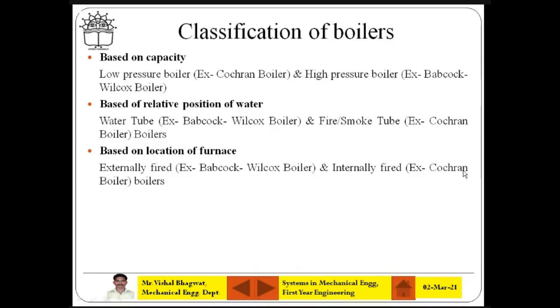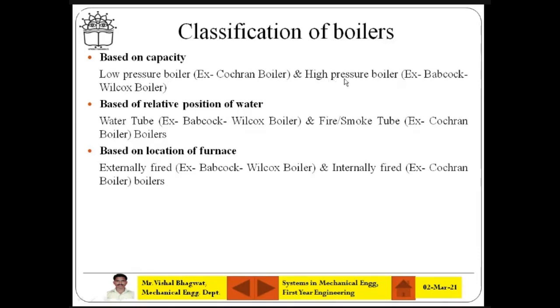Now, Cochrane boiler, you have seen, maybe we'll see in the practicals, it is a vertical boiler. It is actually a fire tube boiler. Combustion chamber is internally kept, and hot flue gases are passing from the tank. And what is in the tank? Actual tubes. So from the tubes, hot flue gases are passing, and around the tubes there is a water. So very less contact of fire tubes in contact with large amount of water inside the tank. So efficiency is less. That's why it is a low pressure boiler.